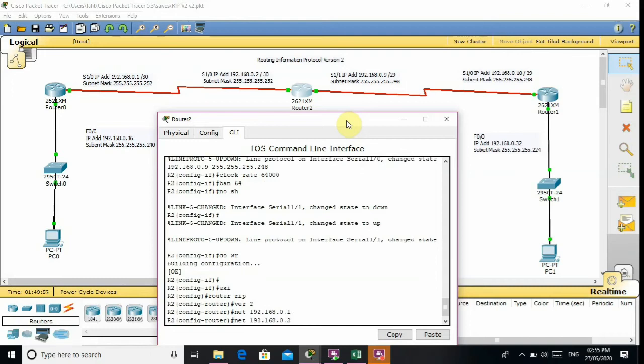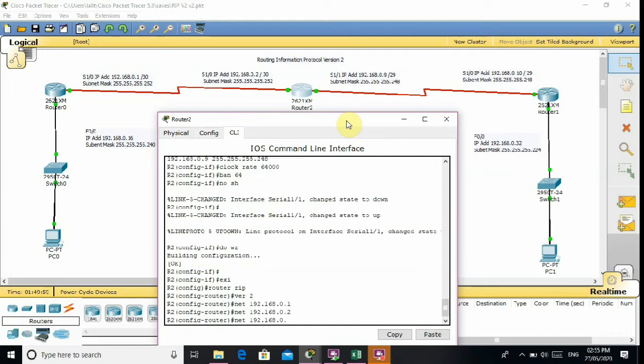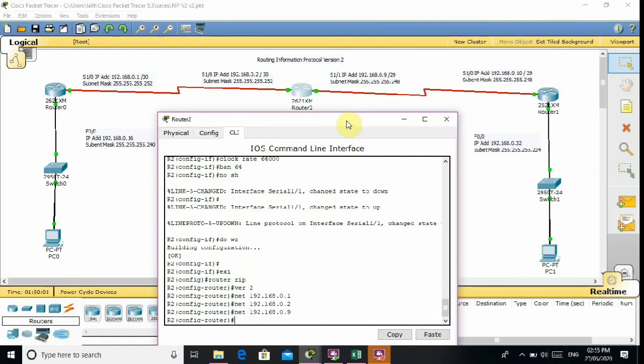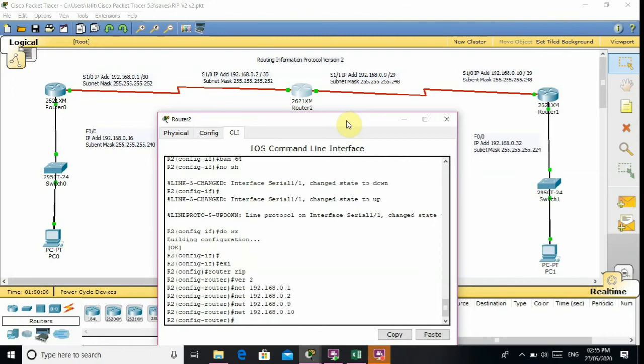Second is 0.2, which is connected to router second. Third is also connected to router second. Fourth is connected to router third.